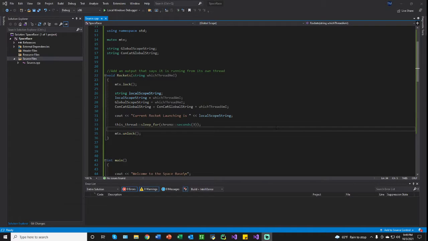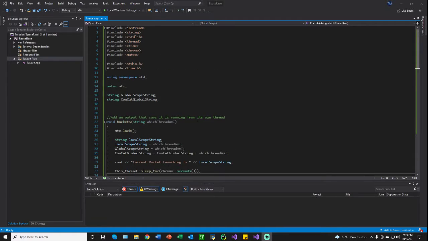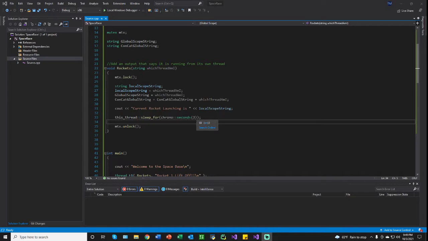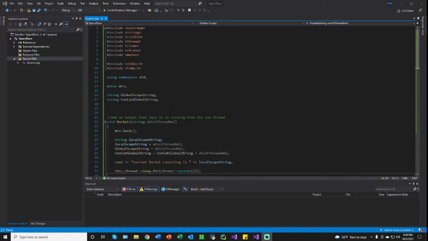Hello, this is my rocket launching multi-threading program. I went off of the example in the